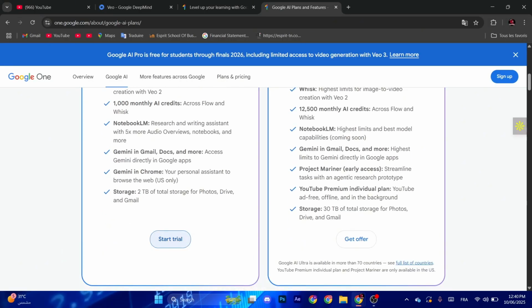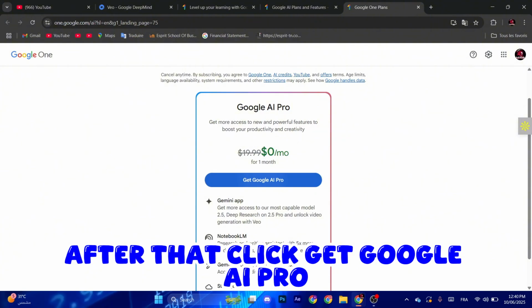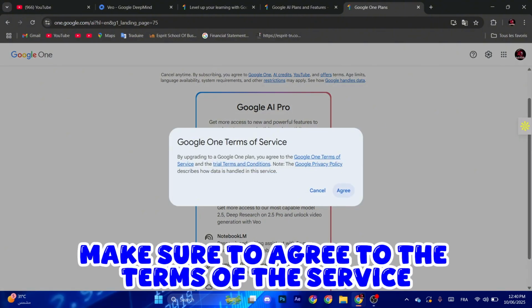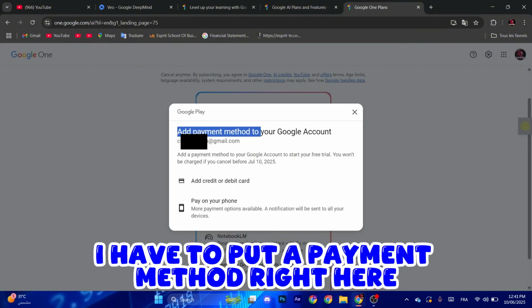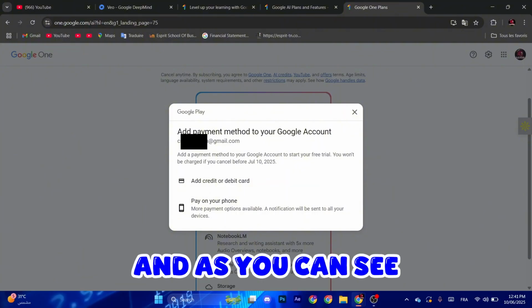So go to this plan and click start trial. It will redirect you to this page. After that, click get Google AI Pro. Make sure to agree to the terms of the service. So as you can see, I have to put the payment method right here. You can put your credit or debit card information to start the trial, and as you can see, you won't